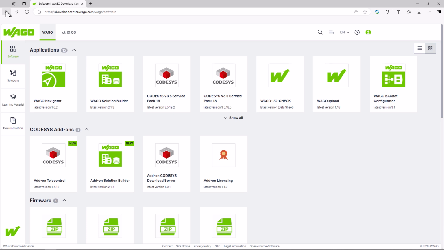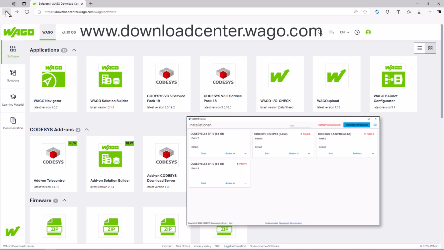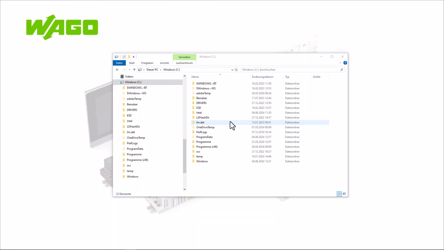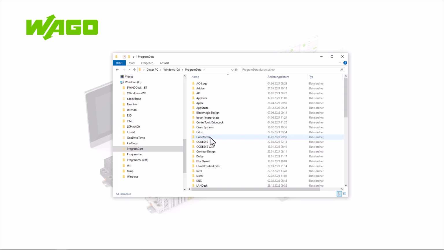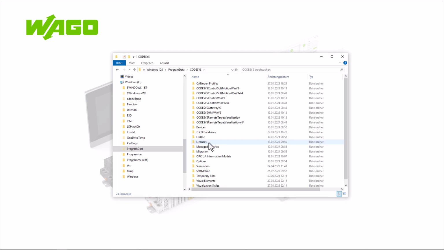You can easily install another version simultaneously either via the Wago Download Center or the CodeSys installer. However, there has always been a small catch that has often made life difficult for programmers. You then have a different version of CodeSys, but all installed versions share the same folder for libraries and device descriptions. This means you'll need to manually adjust the versions of the device descriptions and required libraries afterwards to ensure a reliable, executable development environment.